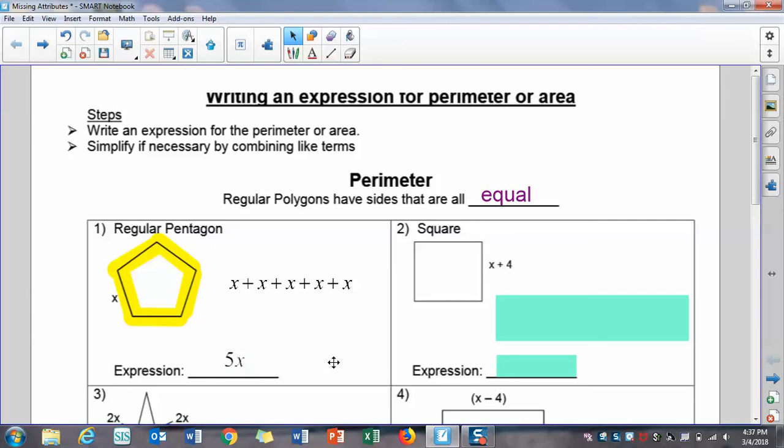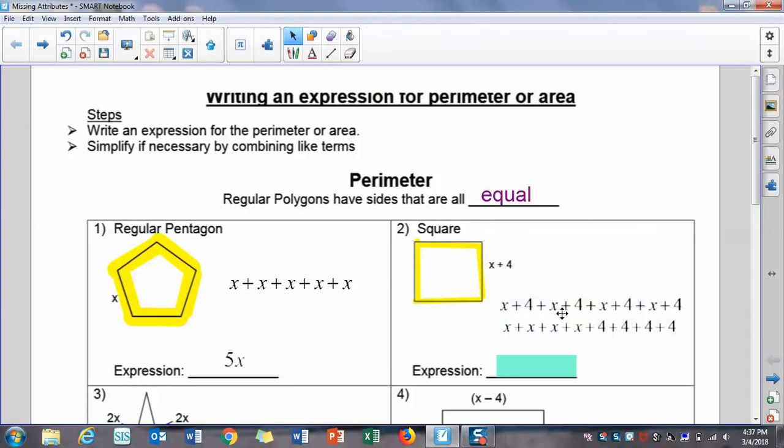Looking at example number 2, we have a square. So that says x plus 4, and again with this square, we know squares have all equal sides. So all the highlighted is the perimeter, and we know that each of those highlighted sides are going to be x plus 4. So then I would write x plus 4,